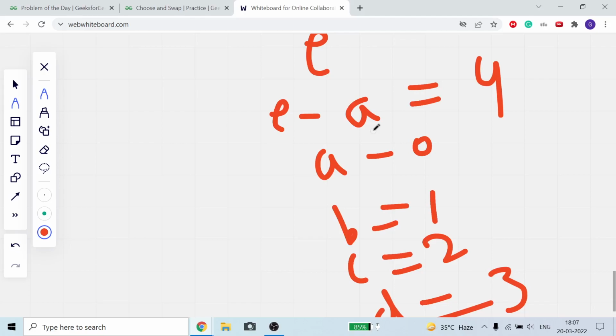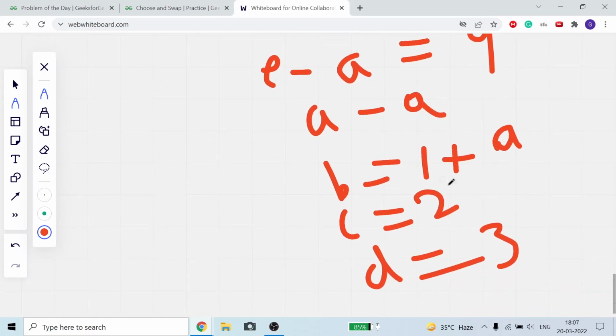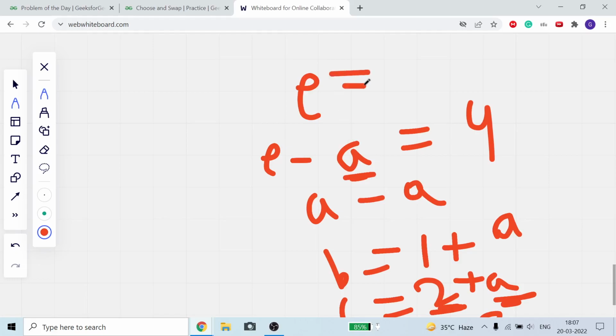Suppose for a minute, A minus A is 0, B minus A, because this is the ASCII code, the ASCII code of B is 1 plus A, and the ASCII code of C is 2 plus A. So from the ASCII code of C, if we subtract A, then it is 2 plus A minus A, which gives us 2. For C, the value remains 2, because A is subtracted. So we will go up to 4 for this particular value.